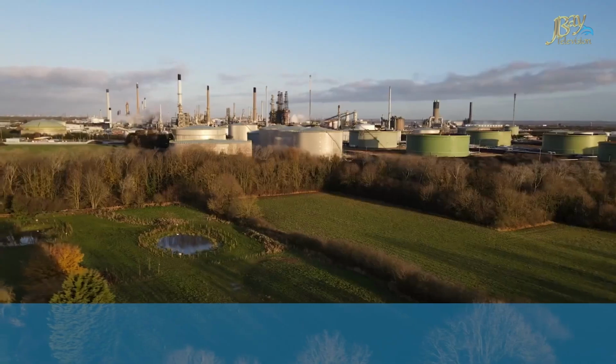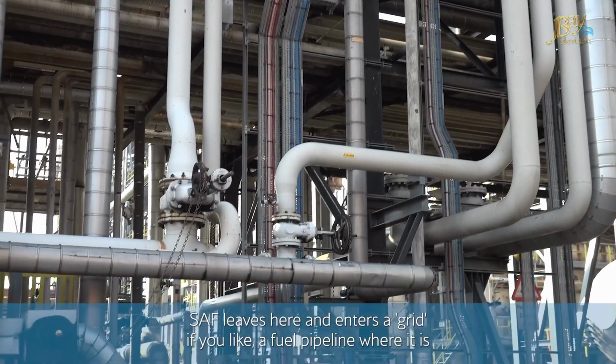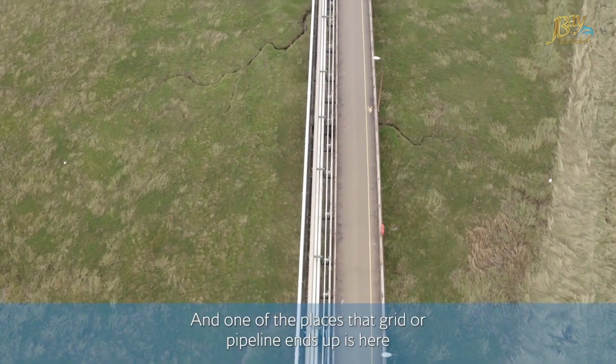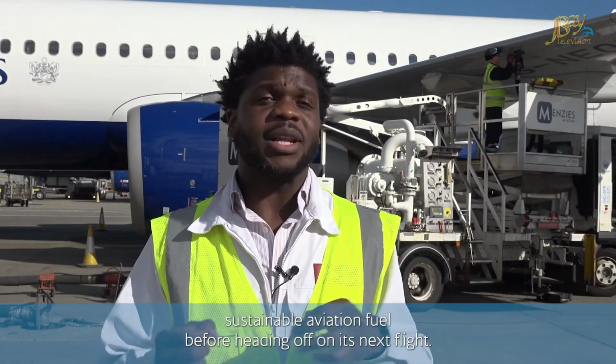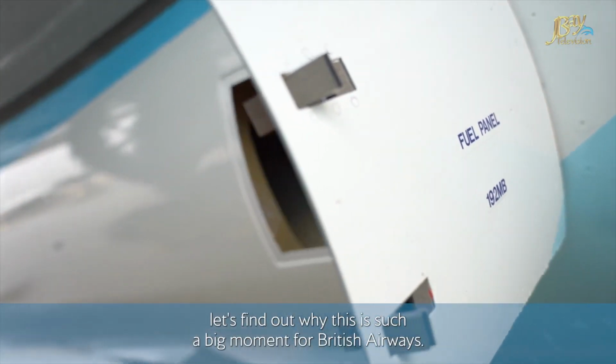The used cooking oil we saw earlier has been processed and is now ready to head to the airport. SAF leaves here and enters a grid, if you like, a fuel pipeline where it is blended with conventional fossil fuel before it reaches the aircraft. And one of the places that grid of pipelines ends up is here, Heathrow Airport in London, where this aircraft is about to be refueled, including that blended sustainable aviation fuel before heading off on its next flight. Before I go and speak to the captain, let's find out why this is such a big moment for British